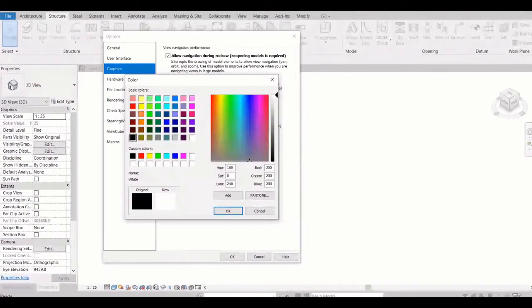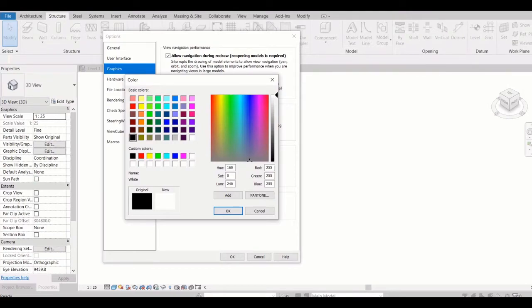Because whatever thickness, I mean, normally we have to print our drawings, okay, on white paper, okay, and the presentation we can see in Revit is the same as the drawing, okay.